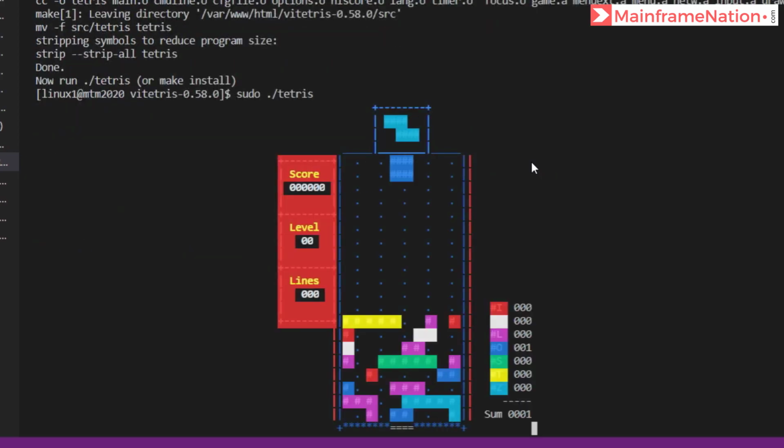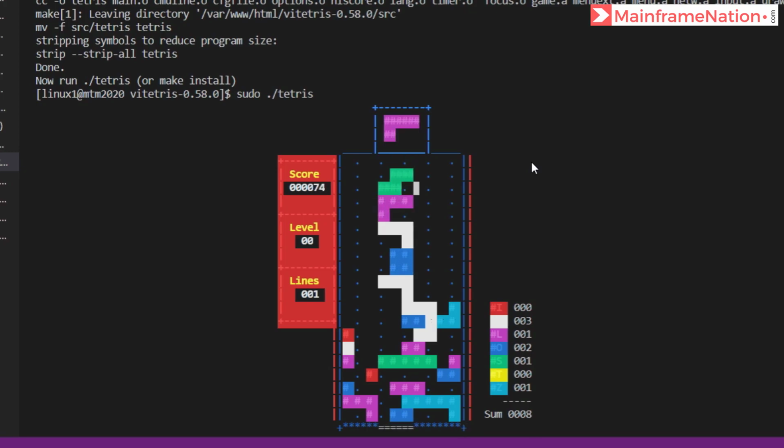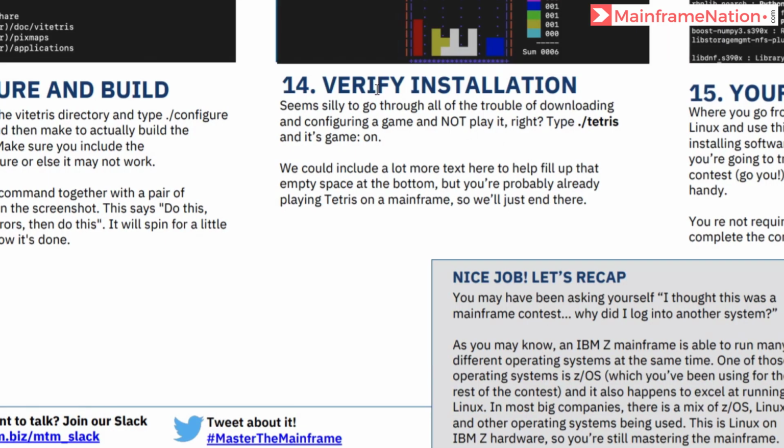Press any key, and you can see Tetris is now available on this system. Let's end this game. Game over. Give here exit. Step 14 is now complete.